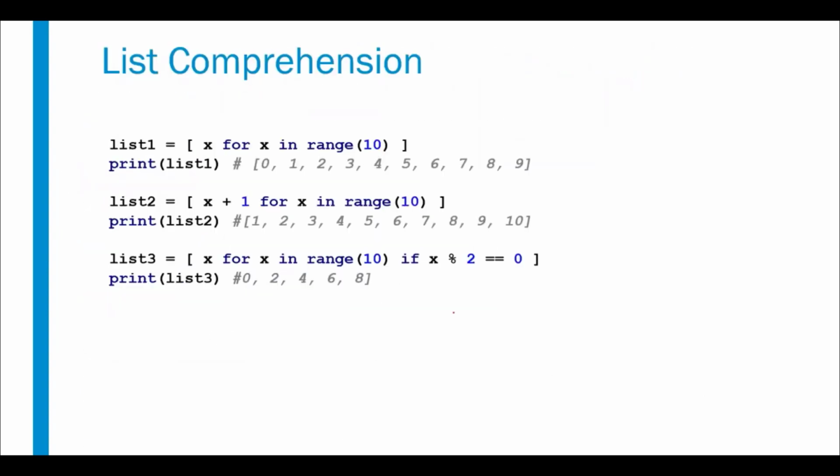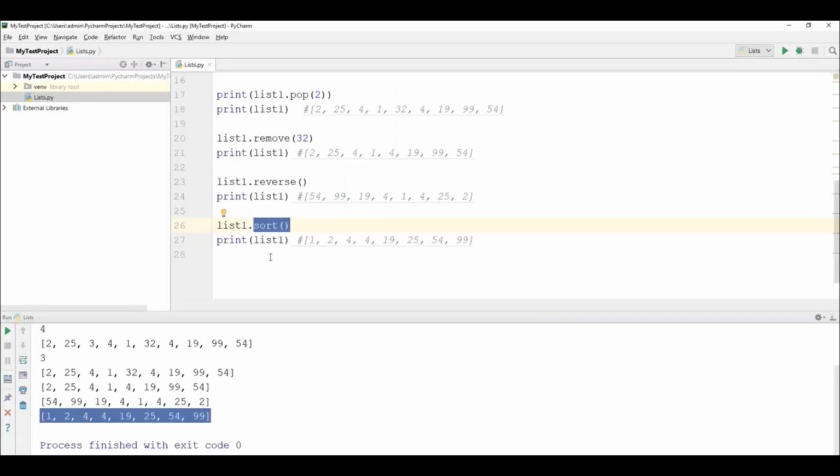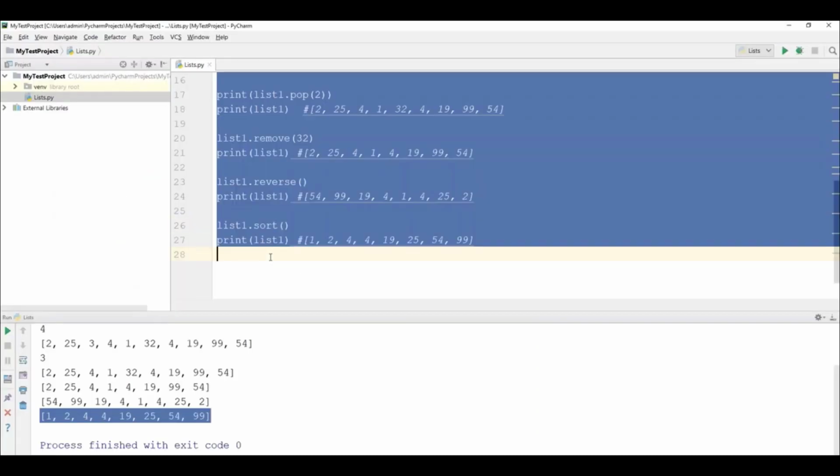Now list comprehension. So what is list comprehension? As I told you before, we can just use a for loop for the list, right? So what does list comprehension mean? We can just use the for loop to get all the values from the list. Now I'll show you different variations, like how many ways we can use for loop with the list item. Now go to PyCharm. So let me remove all the stuff.